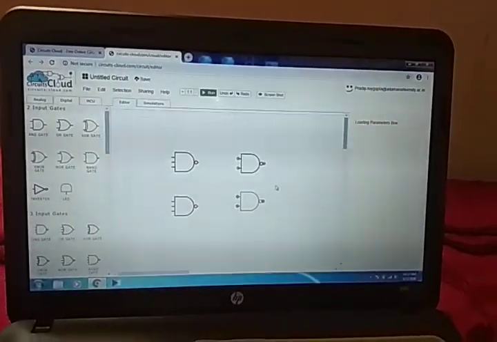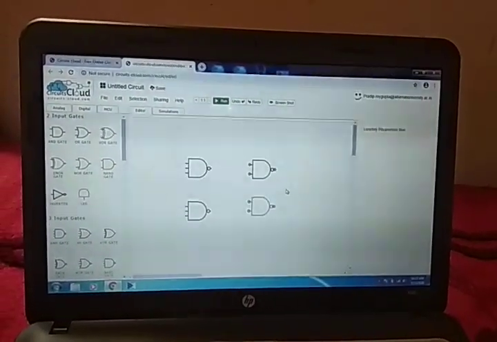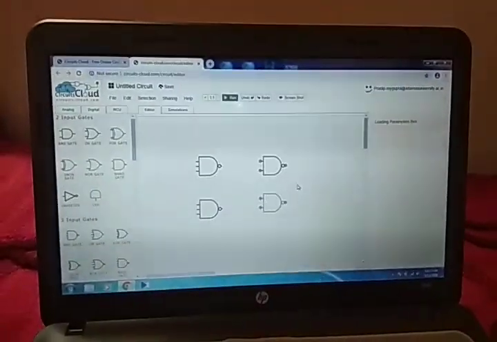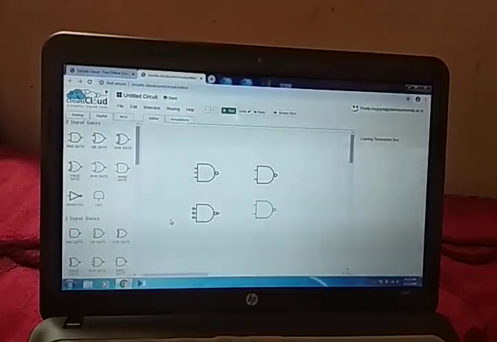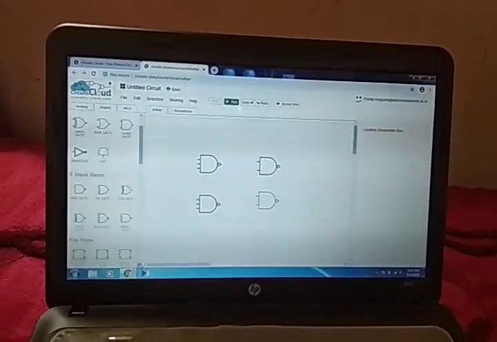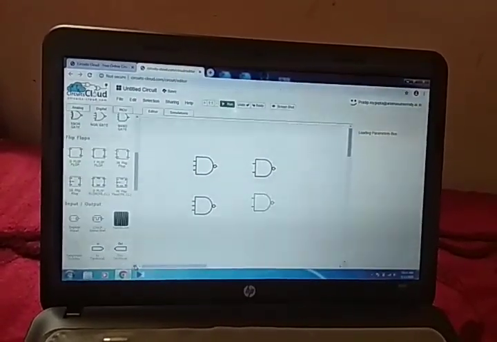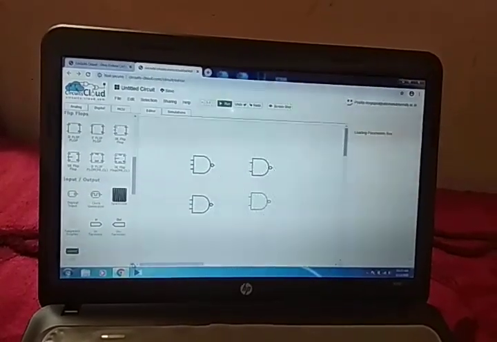Okay, so next what we have to do, we have to arrange a power supply that we get from here.